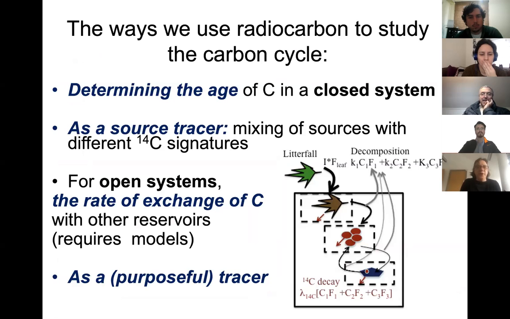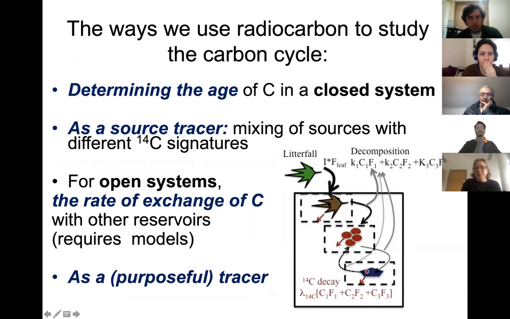And in the ways we use radiocarbon, which I hope the other talks will go through, we don't do too much determining the age. You can use it as a source tracer if you look at different sources of respiration, for example. But for most of what the others will talk about, like Carlos and Claudia, I guess,